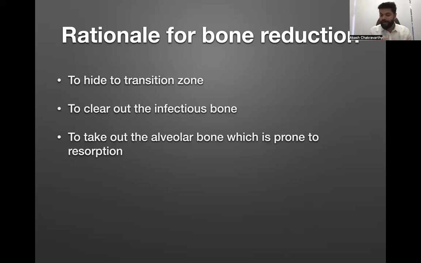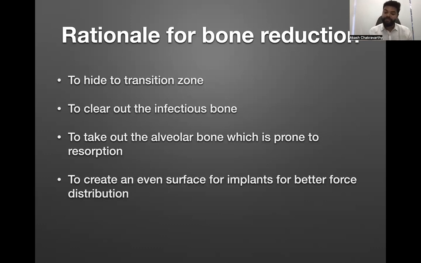If you do not take it out and you place your implant in that alveolar bone and basal bone, your alveolar bone is going to resorb. You're going to have a higher resorption rate in your alveolar bone. So it is better to remove all of that alveolar bone, get to the basal bed bone, and then place your implants in the basal bone, so that you have a predictable bone reduction, predictable level of bone loss after you place your implants, maybe 5 years, 10 years down the line.